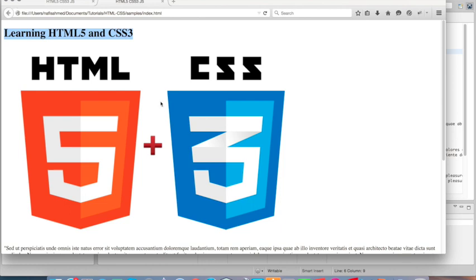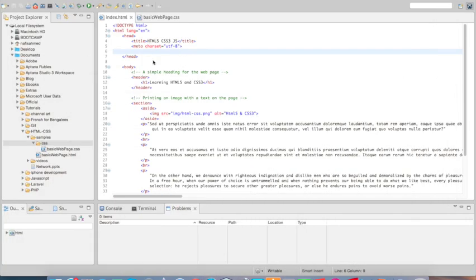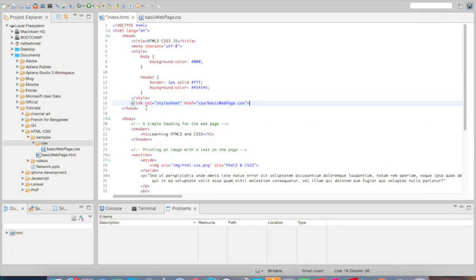So to provide a styling or formatting for our HTML page, we obviously need to have some sort of styling provided by CSS. Now, those links, let's paste them back. Now those links, this link tag